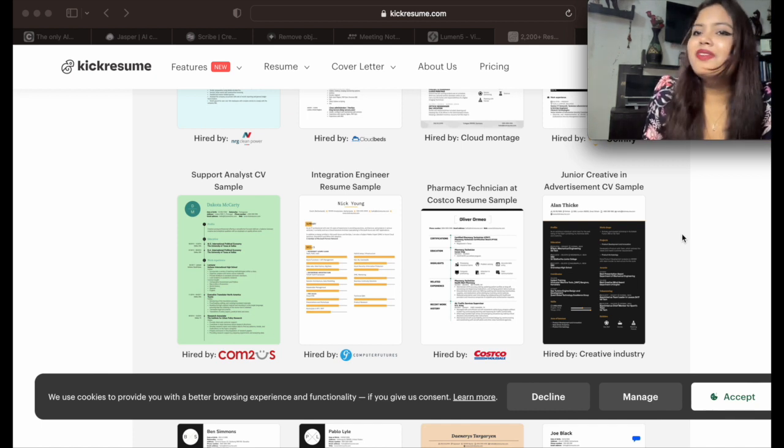And I cannot emphasize more, because आप देख सकते हो कि, and that too is completely free. It's not like it's a paid or something. I know there are certain features, like अगर आप अपनी personalized resume बनाना चाहते हो, that can be paid, but other than that it's free. So go and utilize this one.